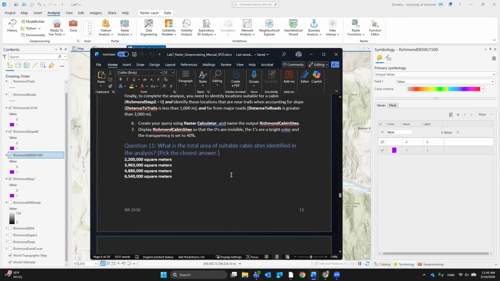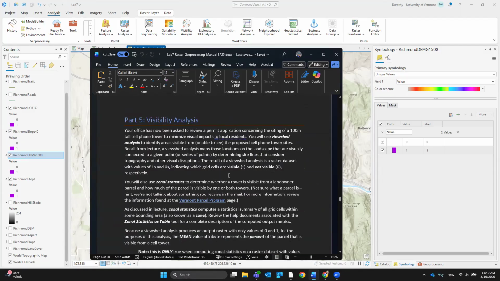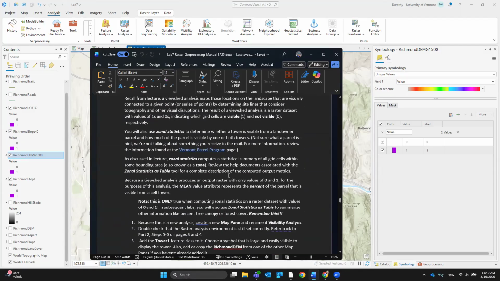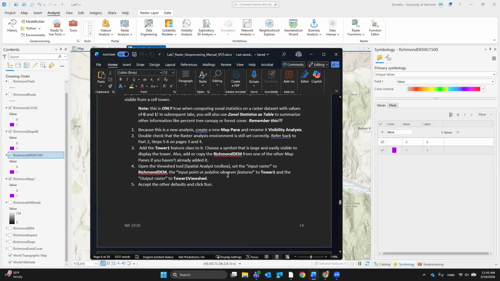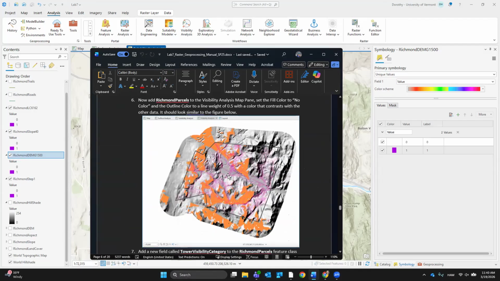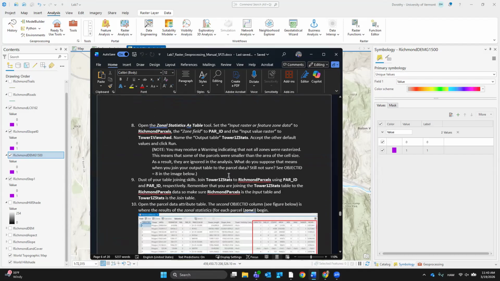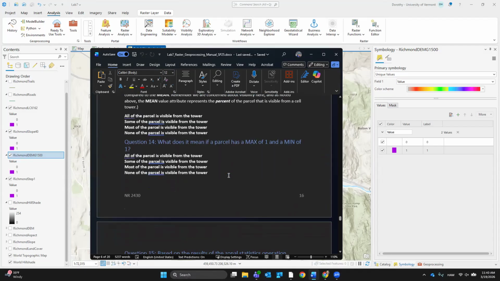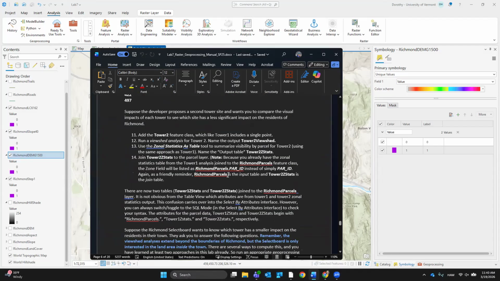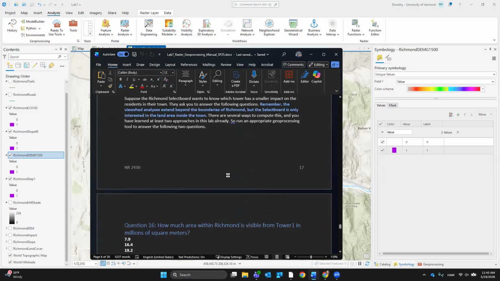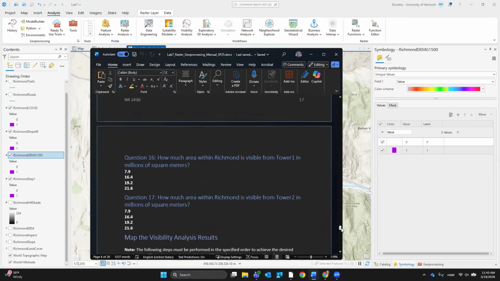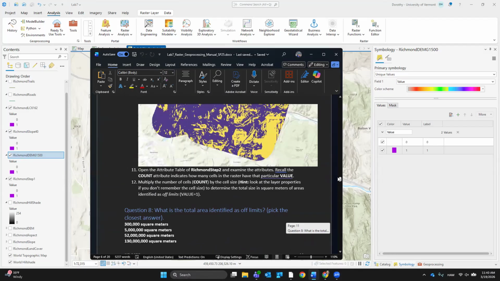Holy cow, we have to do a lot of stuff still. Visibility analysis, zonal statistics, towers, input, parcels, visibility analysis. Does it not tell us? No. Parcels, parcels, parcels, shoot.